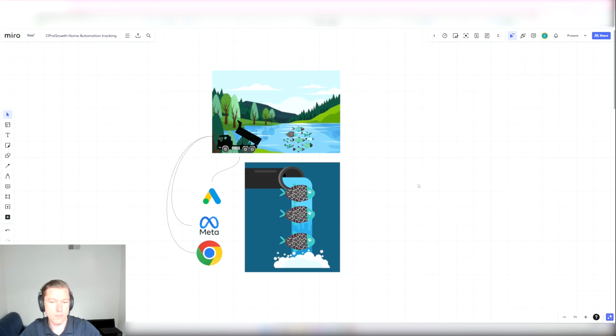So some fish are bigger than other fish, smaller, some are faster, slower, and so they work through your pipeline at different rates or different speeds per se. And what a lot of marketers do is they try to optimize the pipe itself and not necessarily the audience. What I mean by that is they're so focused on the bells and whistles inside of Google or Meta, right? Like, oh, how can I show this report in a 5% better way or a 10% better way? How can I use this tool to make Google ads look great and the pipeline look better?